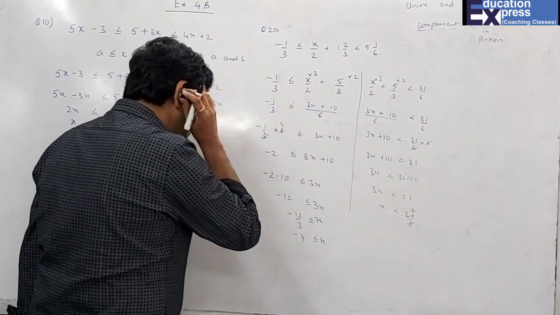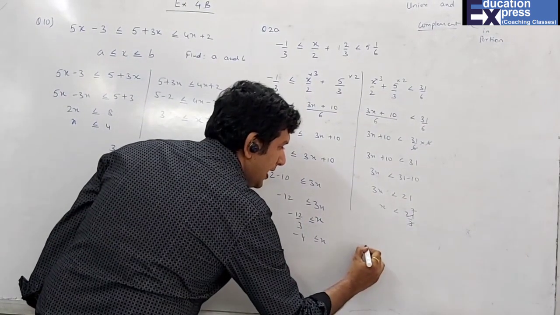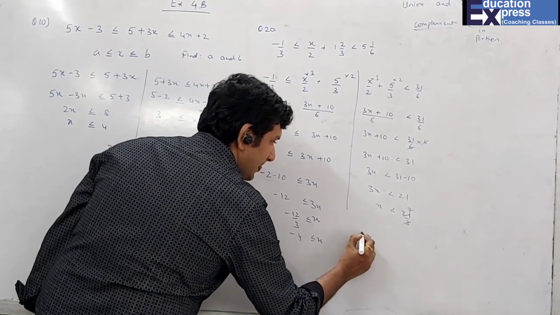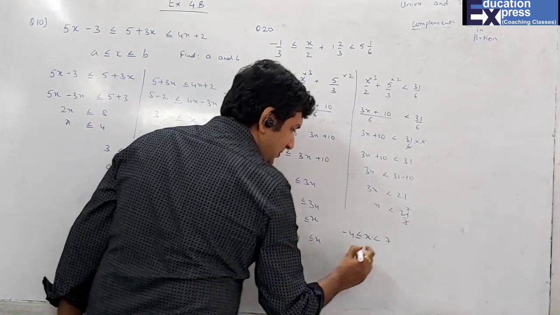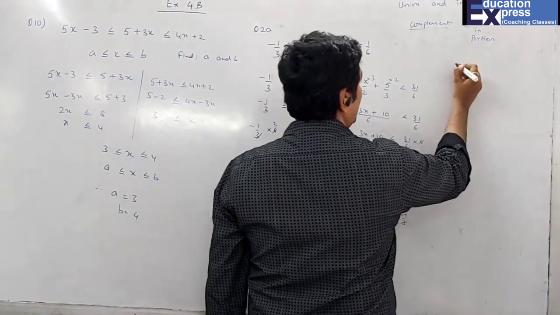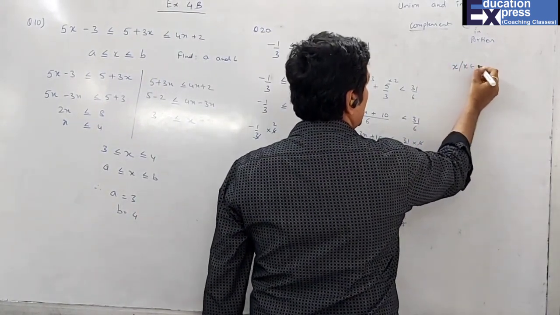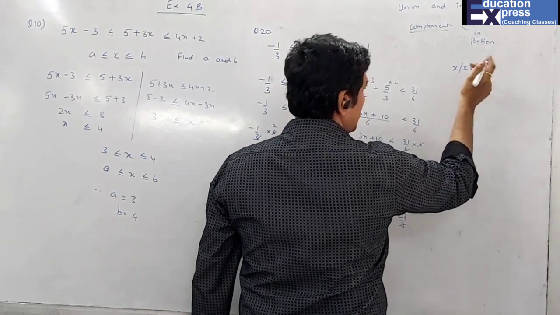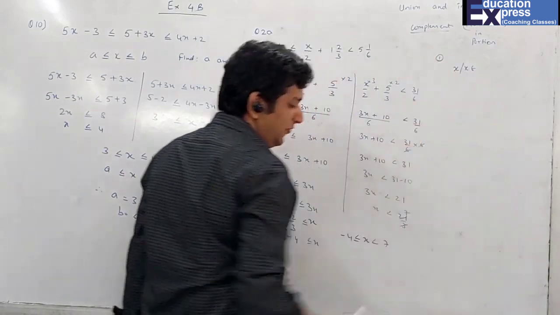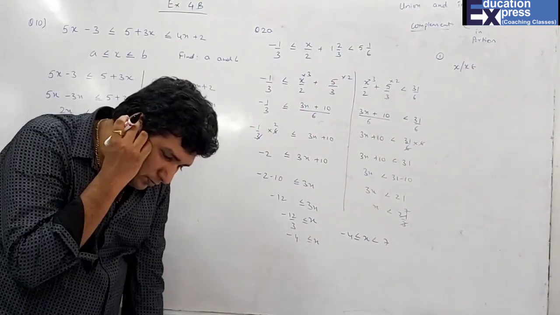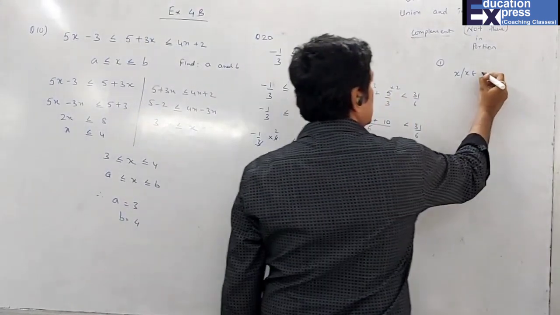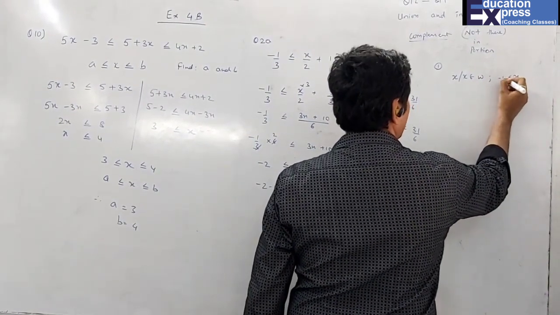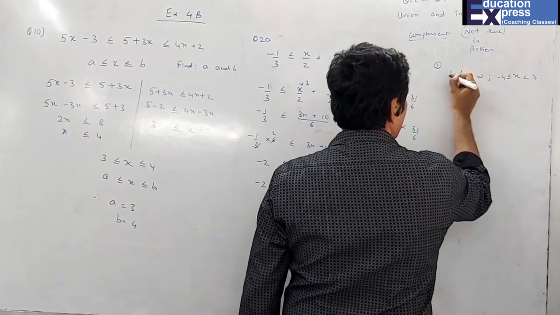So if I combine both, I'll get x is more than or equal to minus 4 and less than 7, and my set builder form will be x such that x belongs to. Students, over here I have three parts. The first part is whole numbers. So x belongs to whole numbers and then x is more than or equal to minus 4 and less than 7. So as we know,